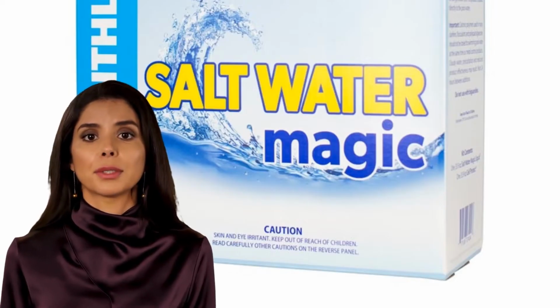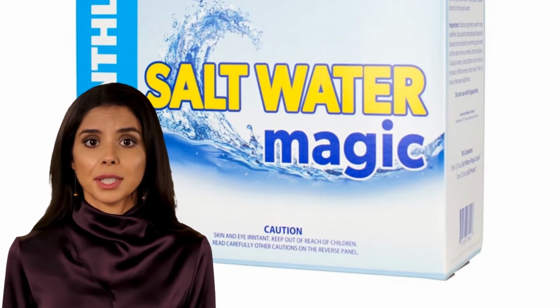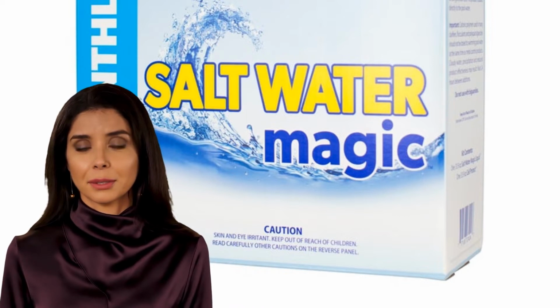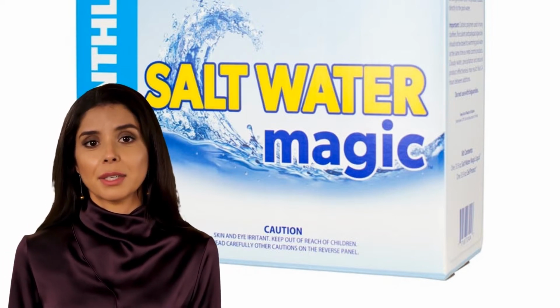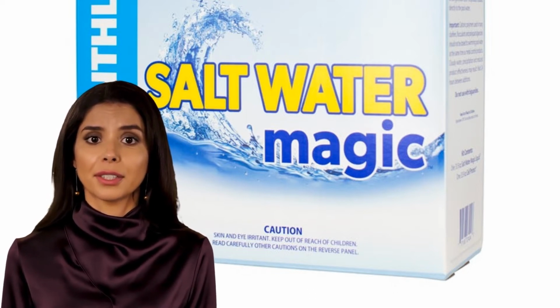What is Natural Chemistry Pool Saltwater Maintenance Kit? The Saltwater Magic Kit is specifically engineered for pools using chlorine generators. This mineral-based system allows your generator to work more efficiently and helps to maintain balanced water chemistry. Contains natural enzymes that reduce organic buildup on pool surfaces, filter media, and generator cells, and reduce phosphate levels to